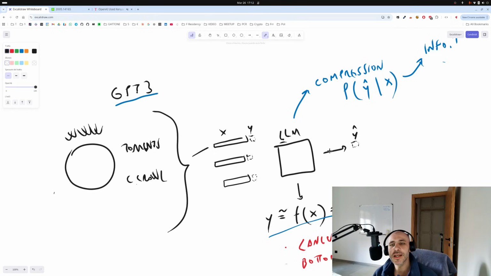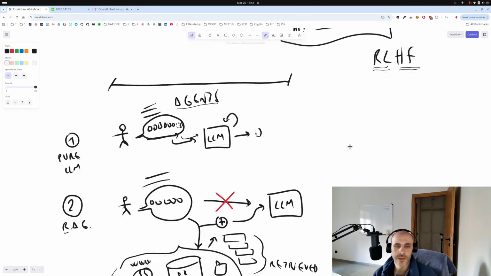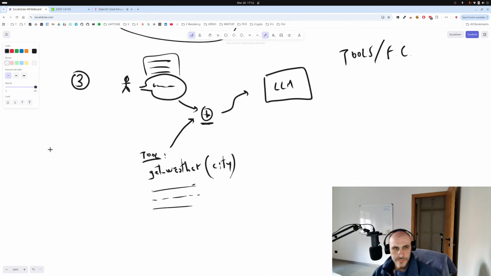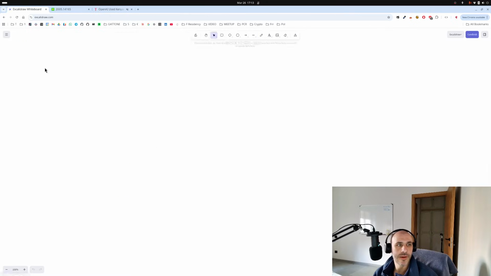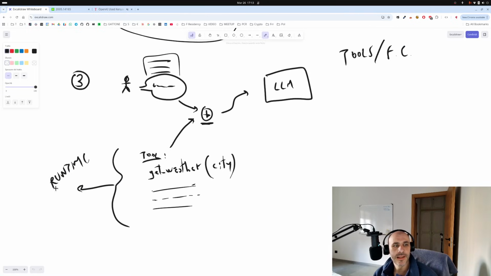It is producing data, a text to express the decision to use that function. Obviously, these functions are mapped into a runtime. So we actually have, in any case, the runtime to execute this function, but we insert into the context all these functions with their arguments and their description, what this function does.